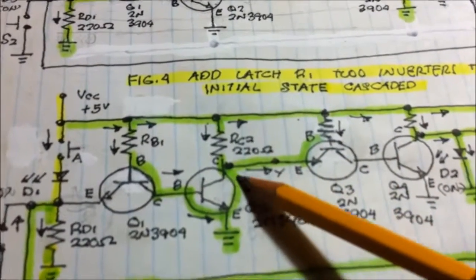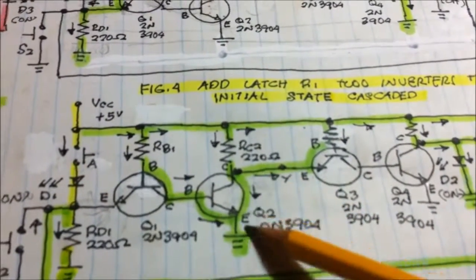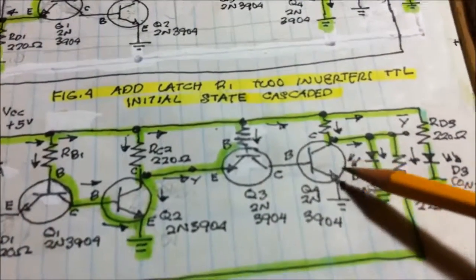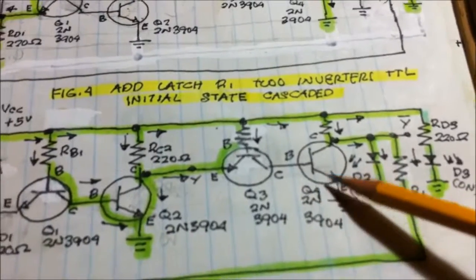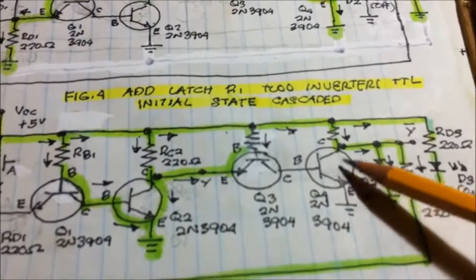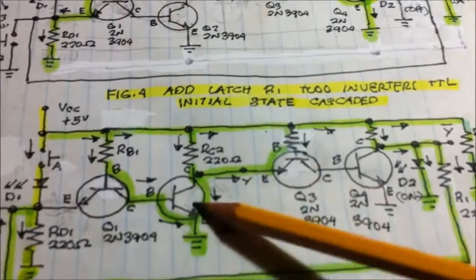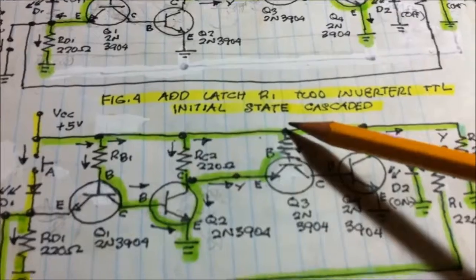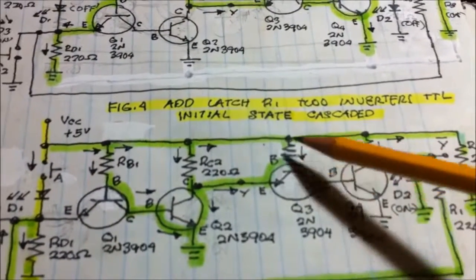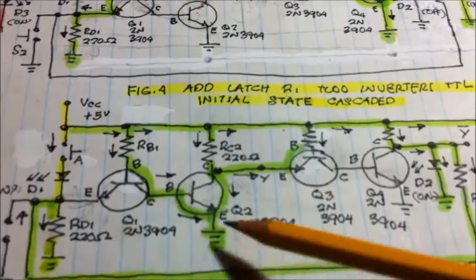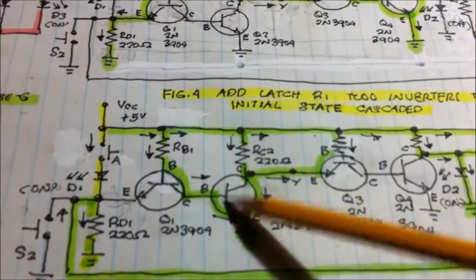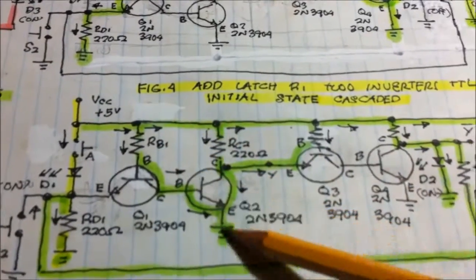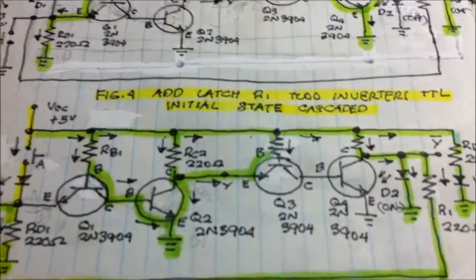The voltage drop of the collector to emitter at saturation of this transistor is 0.3 volts, but here to turn on this transistor takes 0.7 or 0.65 volts, so the current flows here since this is shorted to the ground. So the current chooses to flow from base to emitter to the ground. This is grounded, saturated, because of this forward biasing effect of the reverse mode of operation of the transistor in transistor logic